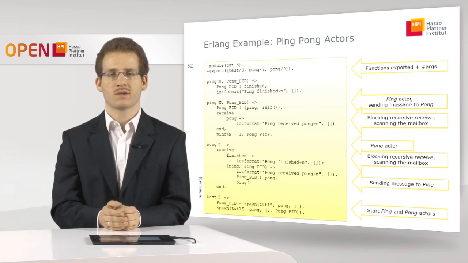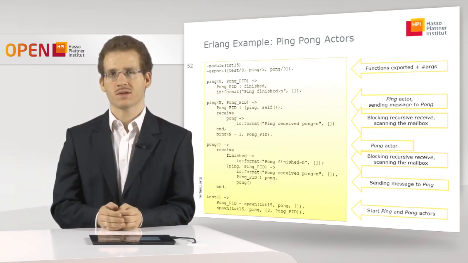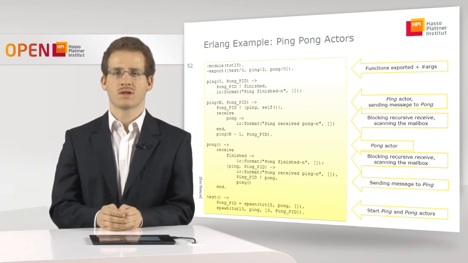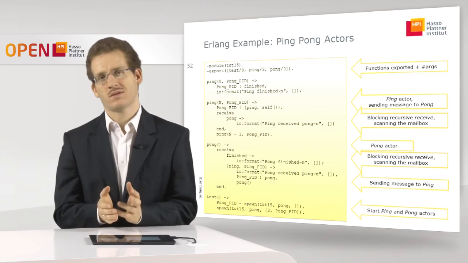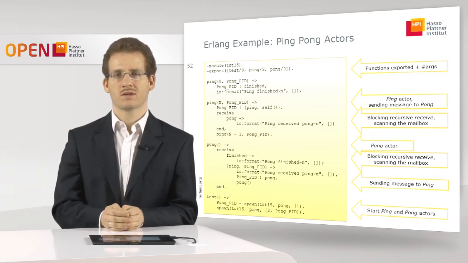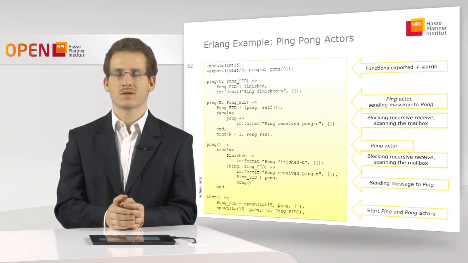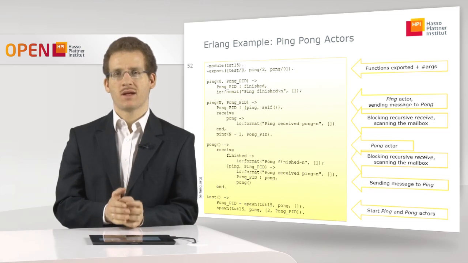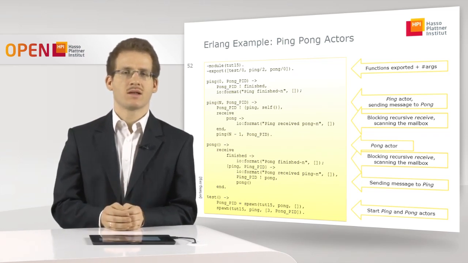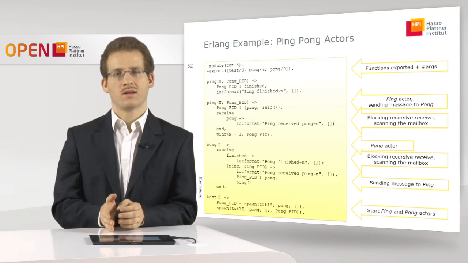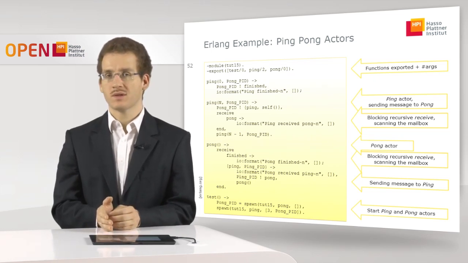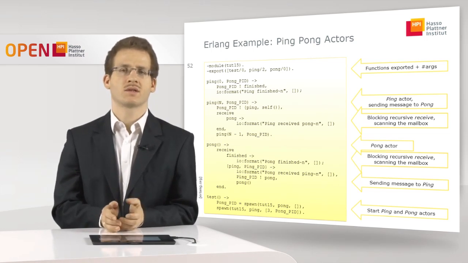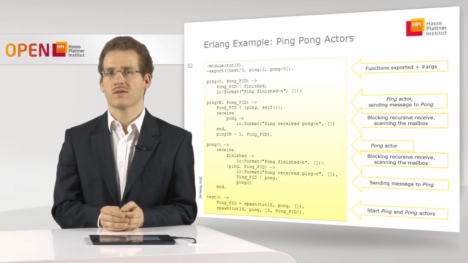the asynchronous send concept. Erlang works with recursion, so for example the pong actor is using recursion in order to have a repeated reception of incoming messages. This is a very typical idea in functional languages which relies on tail recursion. It's basically some detail of the language here. The main thing you need to take away from this slide is that writing actors is the usage of basic primitives for scanning your mailbox for particular message patterns and for sending asynchronously data to another actor that is identified